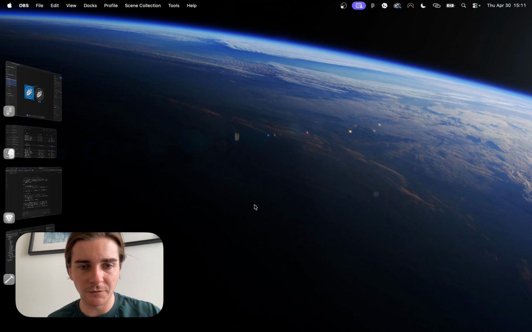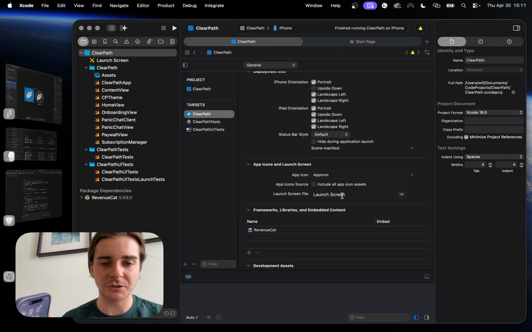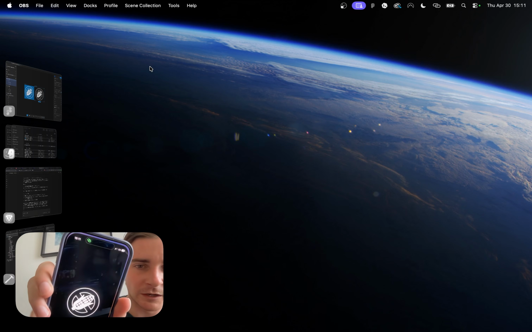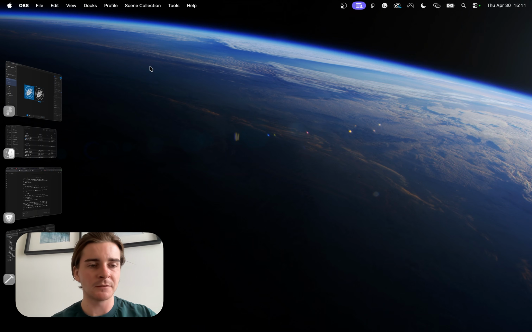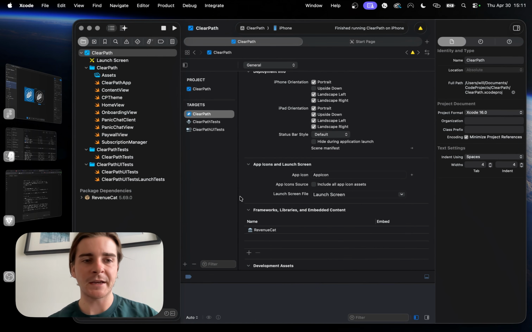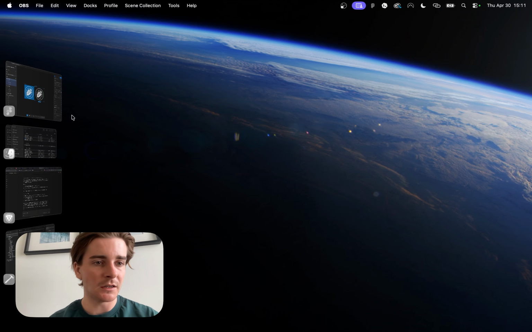Okay, it didn't work, but I figured out how to get it to work. For some reason, even though I linked it here, it disappeared when I built the app. So if you just type in launch space screen, aka the same text here, you can see that it's now working. Fantastic, you've got the launch screen working, and you've got the branding done. And that is the essential parts that you need, right? The next steps I'm going to show you is, well, actually, the